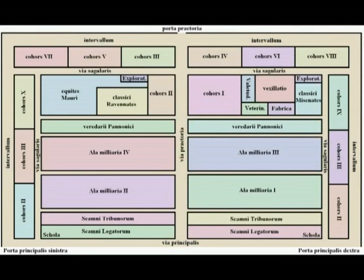And so, to each of these three functions is attributed a space equivalent to that occupied by 200 men. Right, so for the hospital, the veterinary clinic, and the fabrica, right, and for a total thus of 6 hemistrigae. And on a longitudinal development of the Praetentura, altogether of 720 feet in total, that correspond to the space occupied in width by the 3 legionary cohorts across the Via Sagularis, and subtracted the 120 feet of the Scamni,